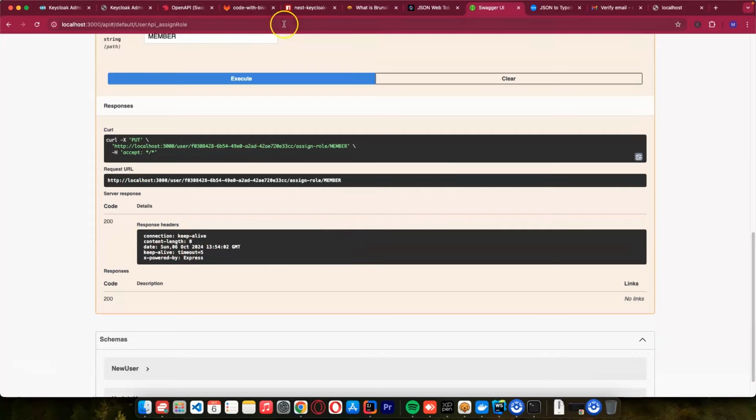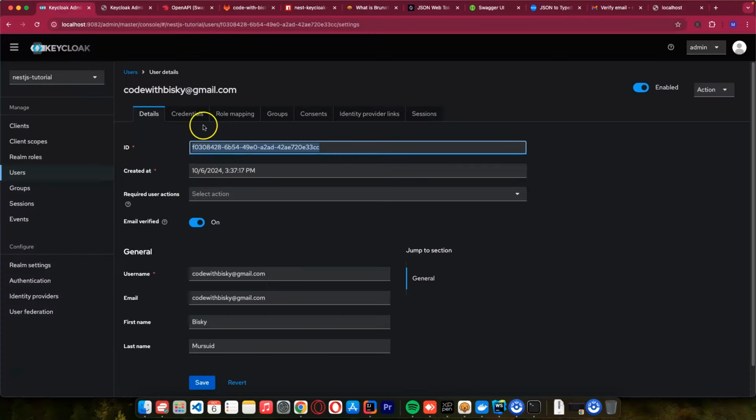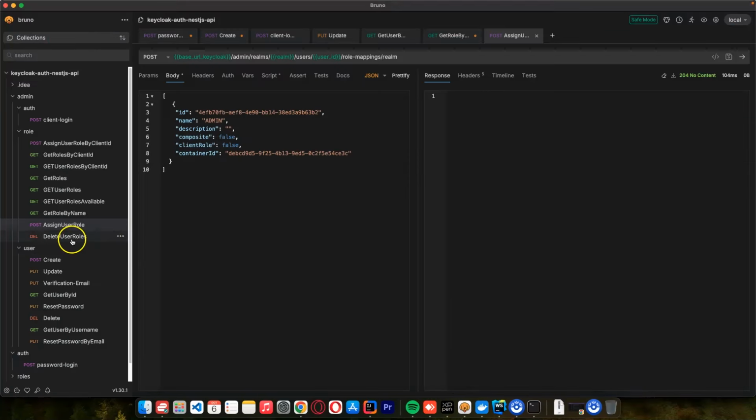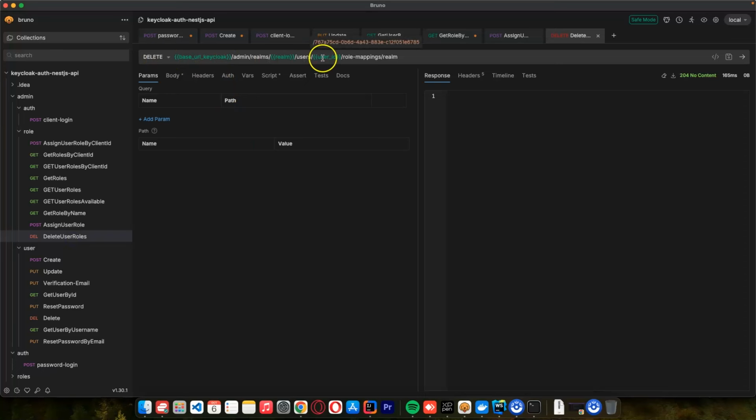We get a 200, and it means it's successful. Let's go to the row mappings and let's refresh this. You can see a new row has been added. So this is how you can assign a row to a user. To disassign, it's just the same method,